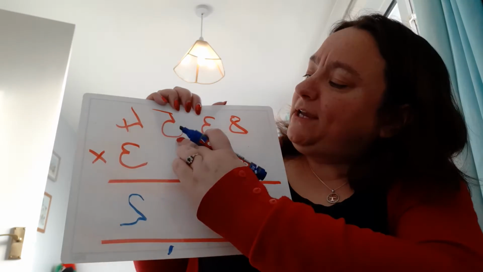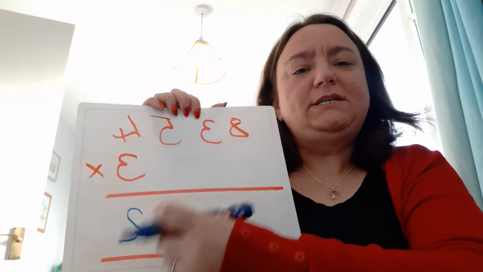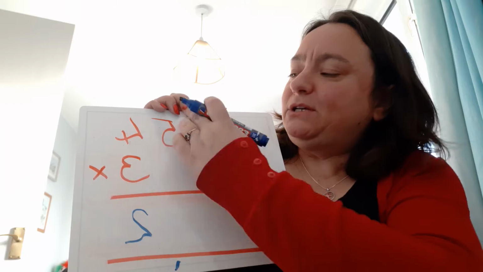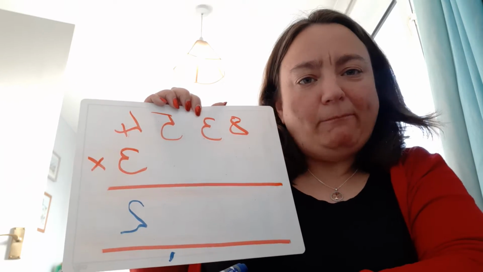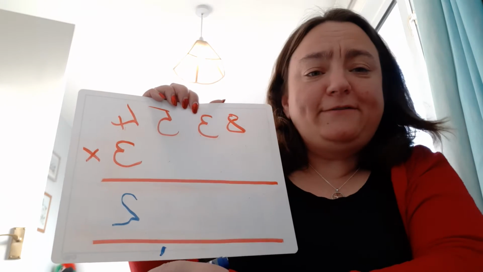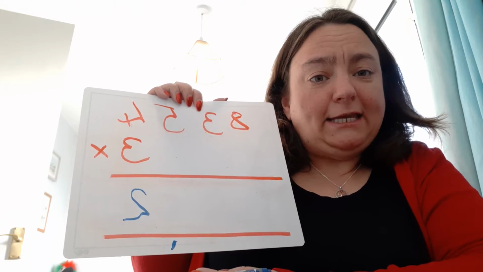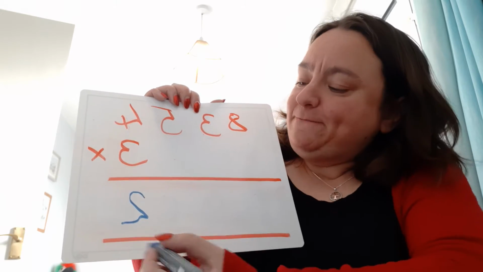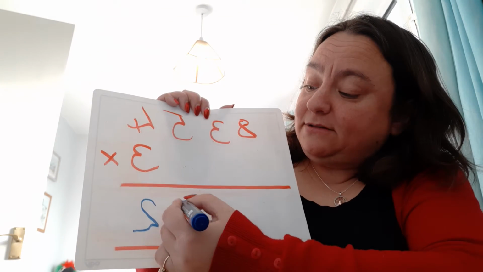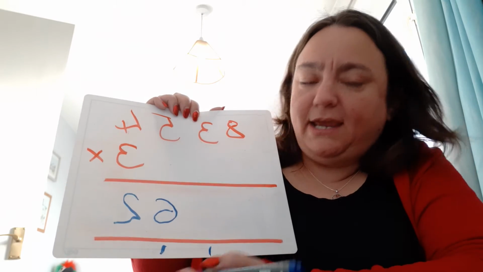Then I can do 3 times, well, it's actually 50, but because we're doing this method, I'm going to say 3 times 5 because we can see it's in the tens column. So we're going to do 3 times 5, and that is 15. But if you remember, I've got my 10 down here that I need to add in as well, or my 1 down here. And so it's actually 16. So my 6 can go in there, and my 1 can go in here into the next column, which is